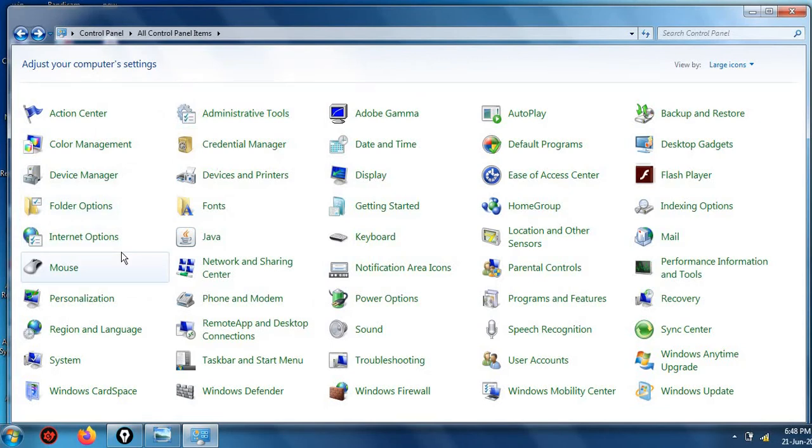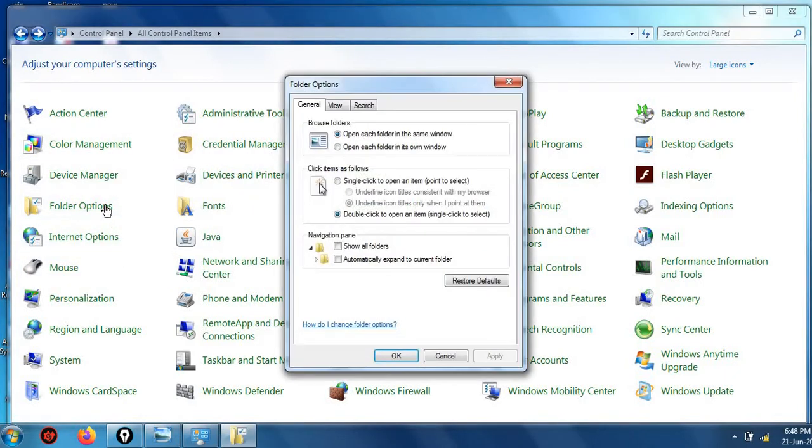Now why double click the mouse to open any file or folder? Okay, so for this we will go to the folder option. To open any file or folder, you have to double click, right? But you can open it with a single click also.